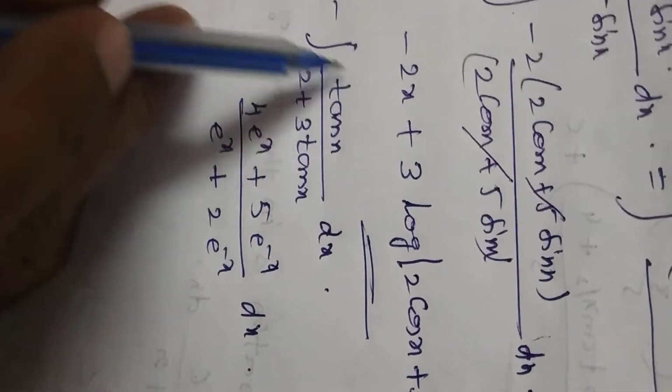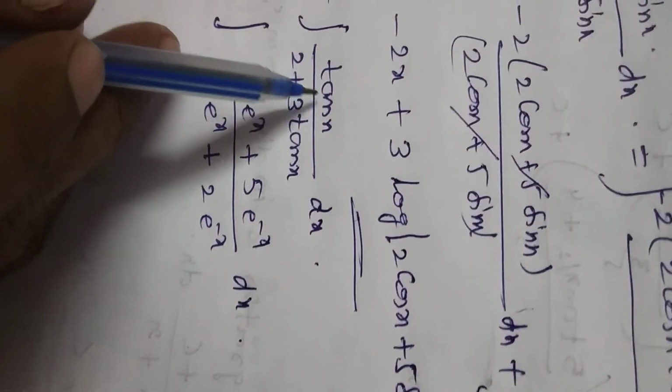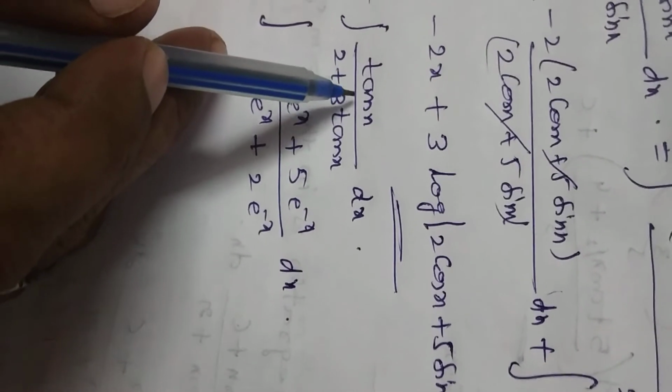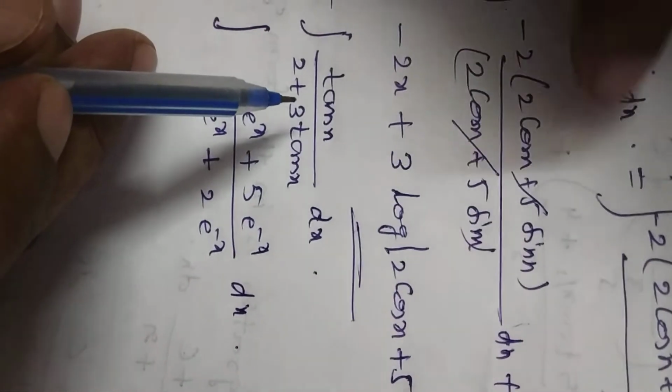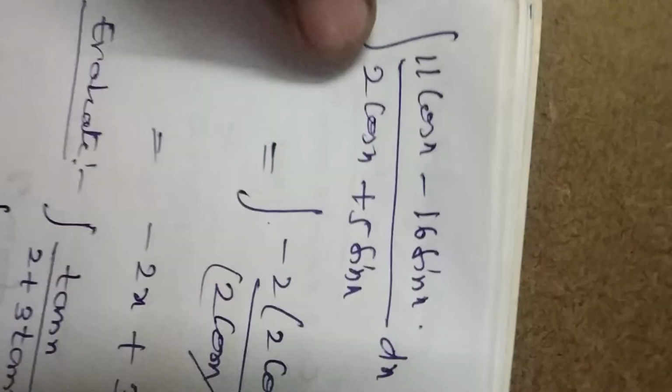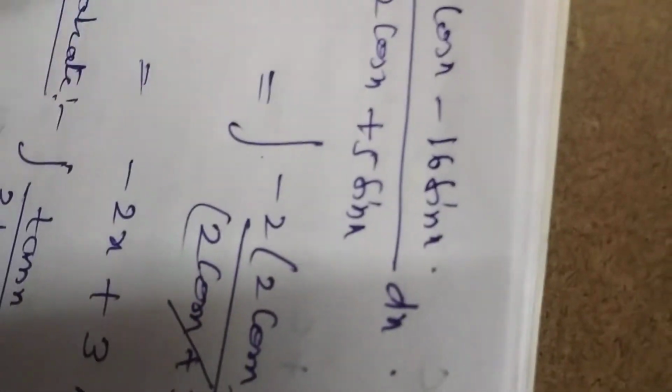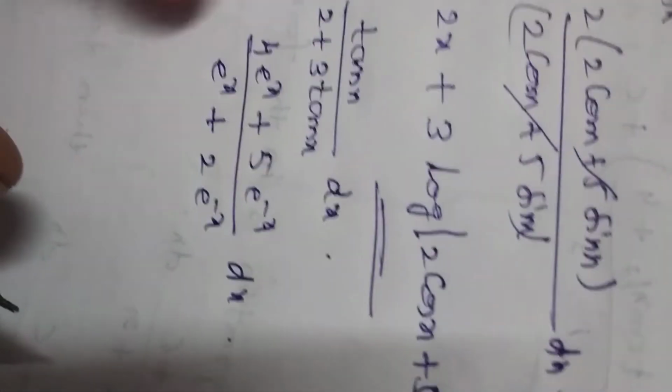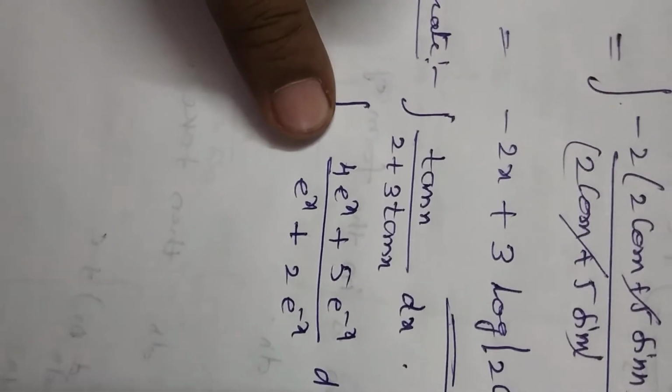Here again, don't get confused. Simply change this in terms of sin by cos. If you convert sin by cos, you are going to get this type of equation only. So again the procedure is the same. So hope you will do these two problems also easily. So try to complete this part.